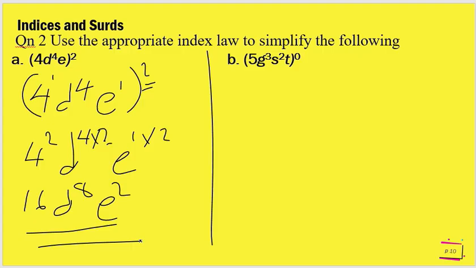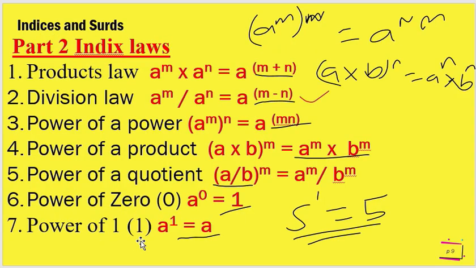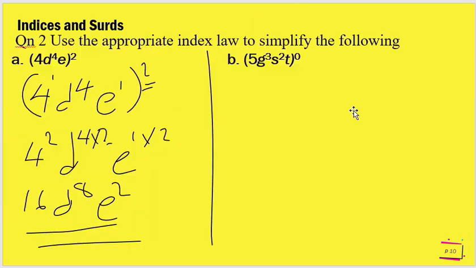We multiply, so which law are we using? The law that we are using here is law number 3, whereby we multiply the powers. We multiply the powers. Now the next question, part B, we're supposed to use the